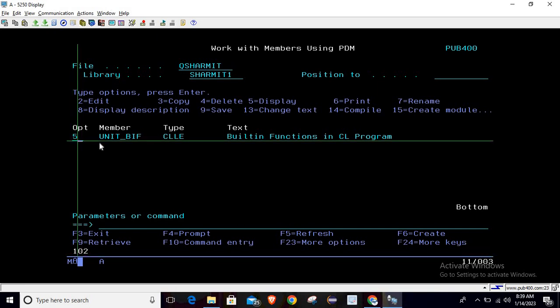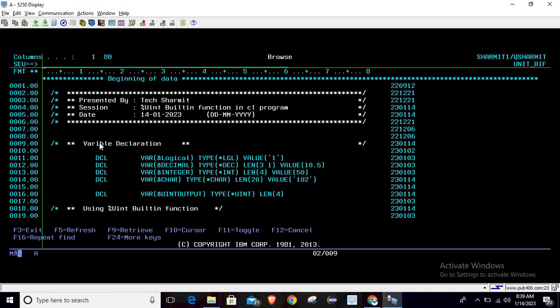Suppose there is any requirement where you want to perform some mathematical operation on these types of data, then you can easily convert them with the help of the unsigned integer function, and then you can use them in your program. This is also a similar kind of built-in function for type conversion, like we have already learned about %char, %dec, and %int. In the same way, we can use